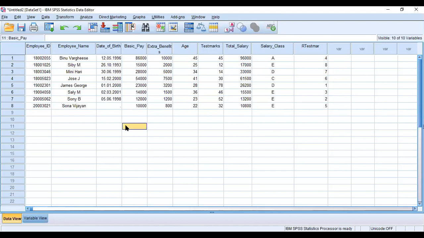Okay, like this we can add the date of birth. Fine. You can add the date of birth.